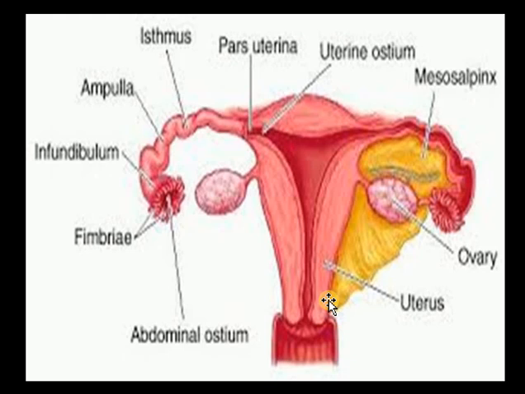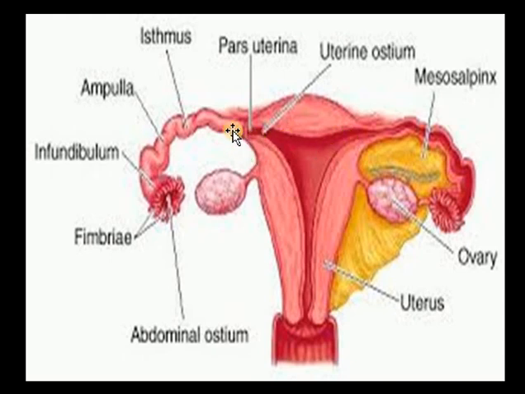for a better understanding of the further lecture. So see, this is the anatomy of the uterus, and we know the uterus is pyriform in shape. This is the uterus in pyriform shape. If in the X-ray report we don't find the uterus in this shape, that means there is some abnormality. Mainly there are congenital abnormalities.